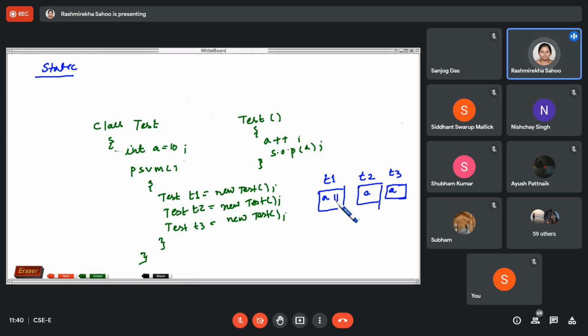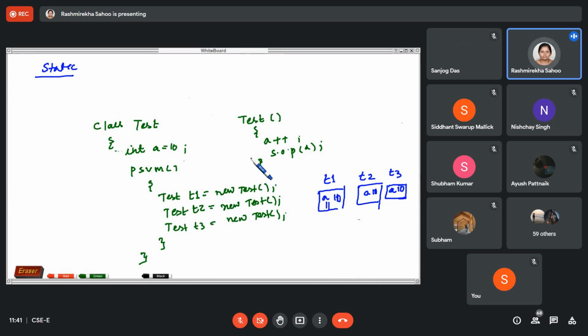Okay, second time we are creating the T2 object. Initially all are initialized with 10, A value 10. So when you create this T1 object, this constructor is called, A value gets incremented by 1, a++, so 10 becomes 11 for T1.